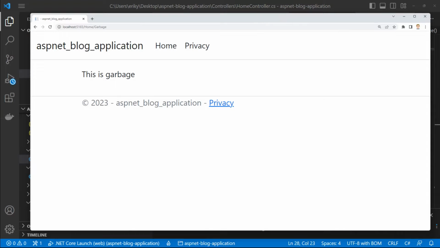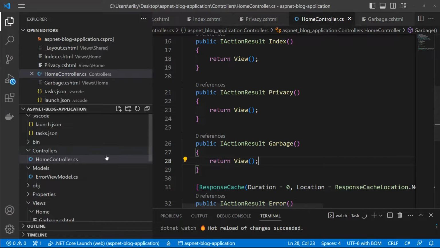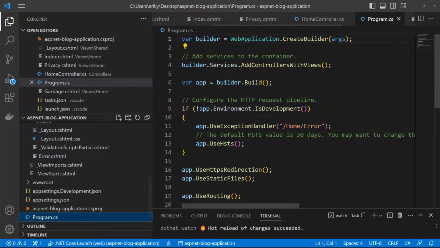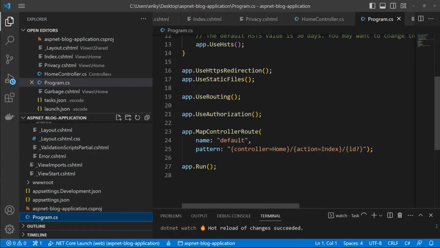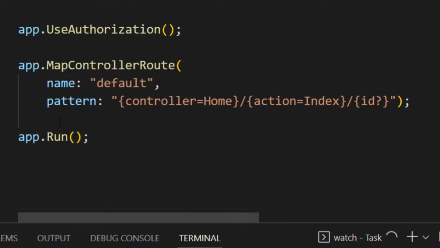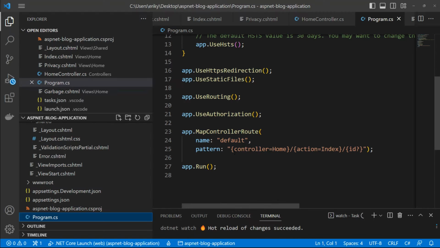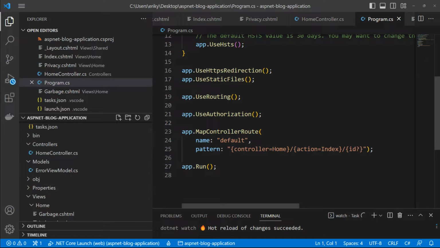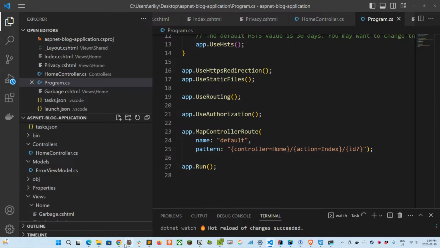So how is all this happening? Behind the scenes in the Program.cs file, there is a small function down here called MapControllerRoute. And this is the method that ASP.NET is using to match up the controllers with the actions in your application. So for now, if you don't specify anything, so if you just do localhost